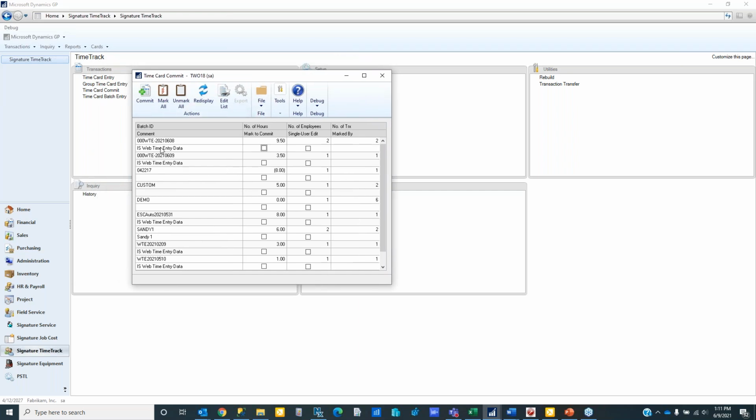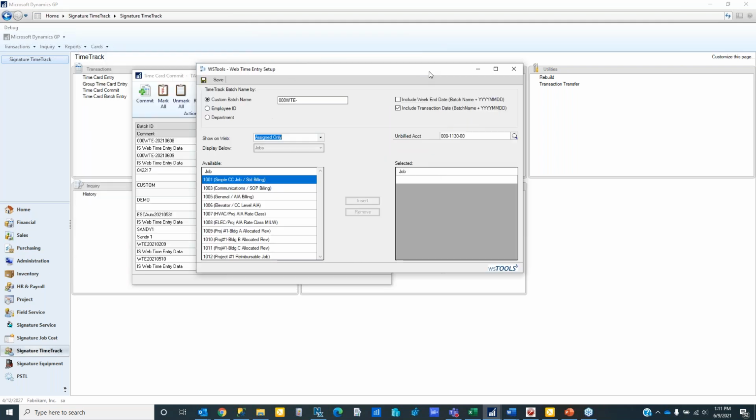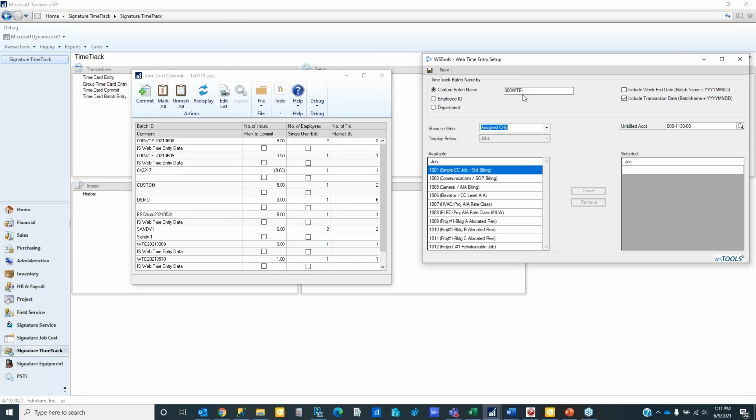And so I think I left this open. Remember, I did a batch name starting with this, and then it has the transaction date after that. So this one was the individual one for Alan for today, and this is the one for the crew. I'm going to mark this to commit it so we can see the details here and click commit,